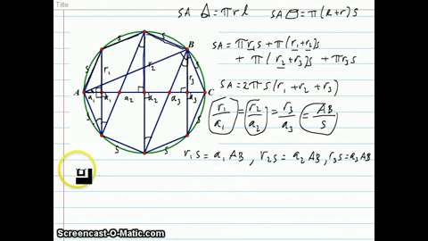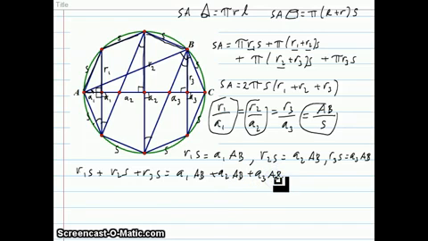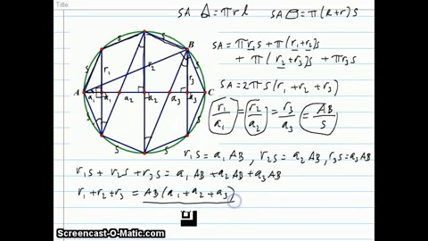Now if I add these three equations together, I would get R1S plus R2S plus R3S equals A1 times side AB plus A2 times side AB plus A3 times side AB. If I divide both sides by S, I get R1 plus R2 plus R3 equals AB, can factor out the AB there, times A1 plus A2 plus A3 all over S. But A1 plus A2 plus A3, take a look, there's two A1s, two A2s, and two A3s that make up the entire diameter. So A1 plus A2 plus A3 can be replaced with half AC